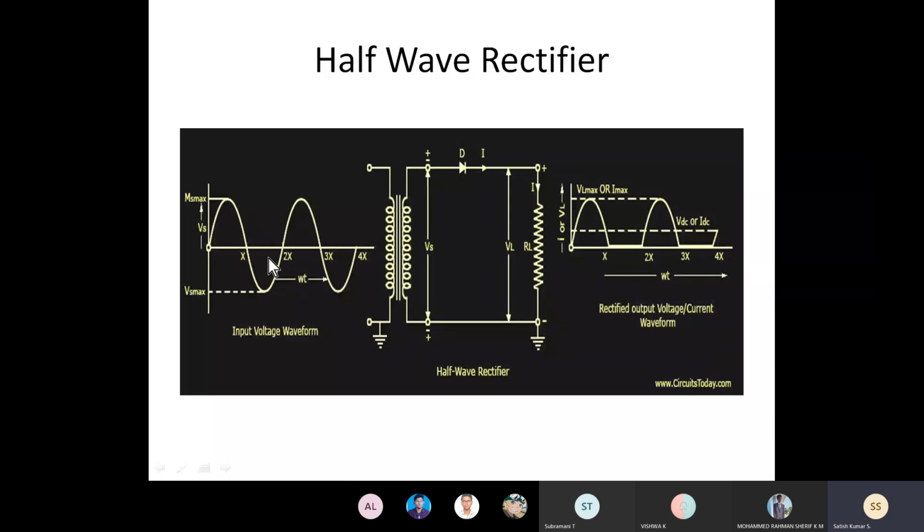The input supply voltage we feed to the transformer. The transformer is used to step down the voltage, though the figure simply looks like it ideally transfers the voltage. For rectification purposes, we always use a step-down transformer. We are given the rated voltage of 230, and it is stepped down to the rated capacity of a DC voltage. Which rating capacity are we going to use in our domestic applications?